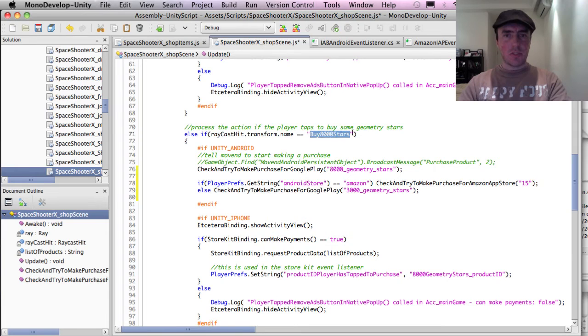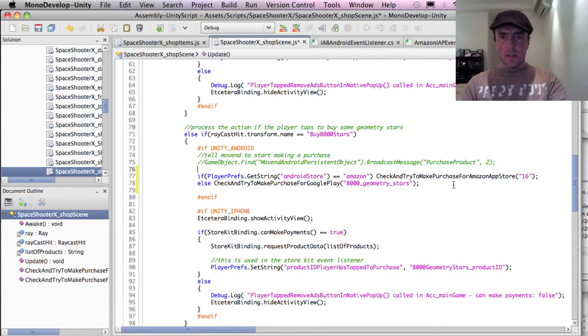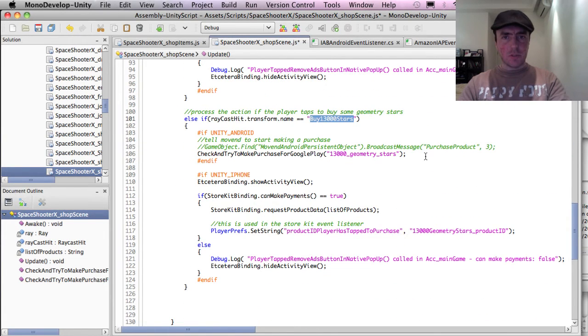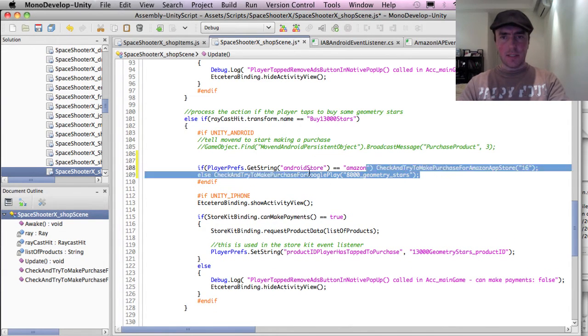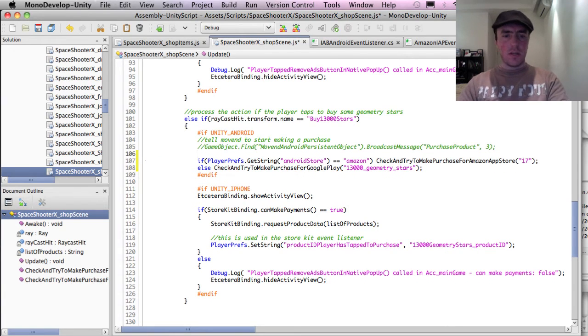So here, if the user taps on the buy 8,000 stars button, I'm just going to copy this. This is for the Google Play Market, and we need to change to 16 for the Amazon App Store. Alright, so 16, and then I'm going to copy this one again and then go down to the 13,000 stars button. Copy and paste. I'm going to cut that and place this down here. And this is number 17. Alright, that's good. I'm going to save that, and I'm going to go